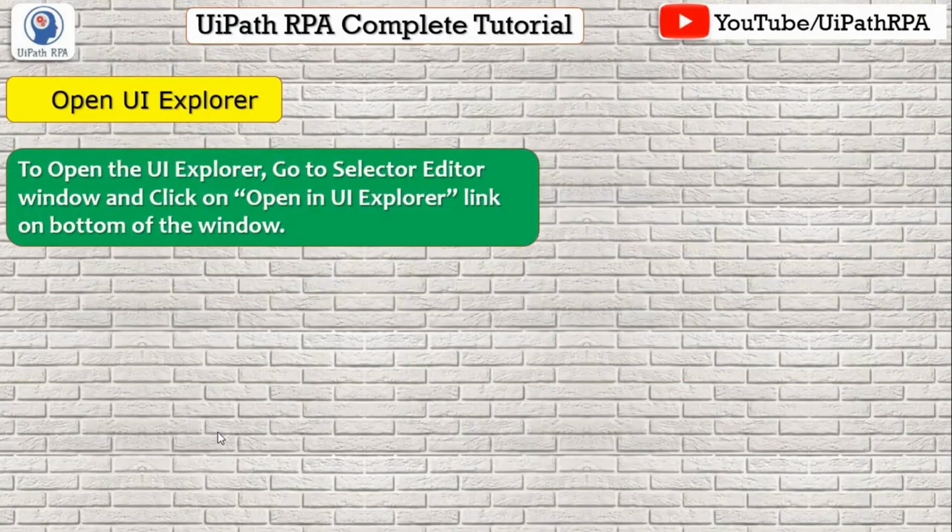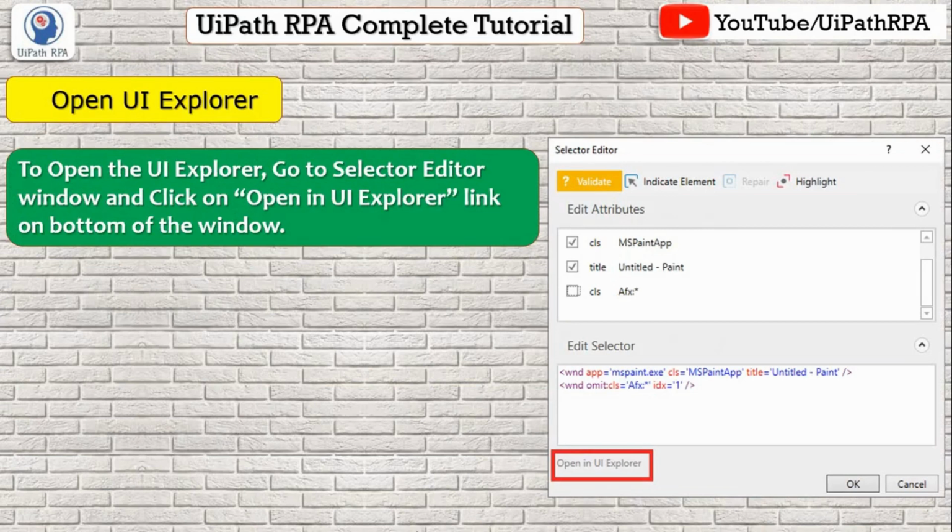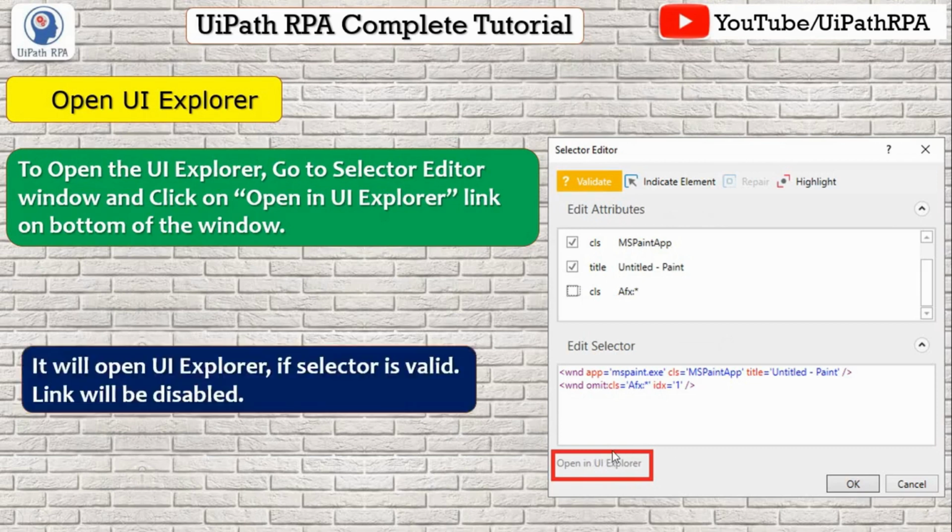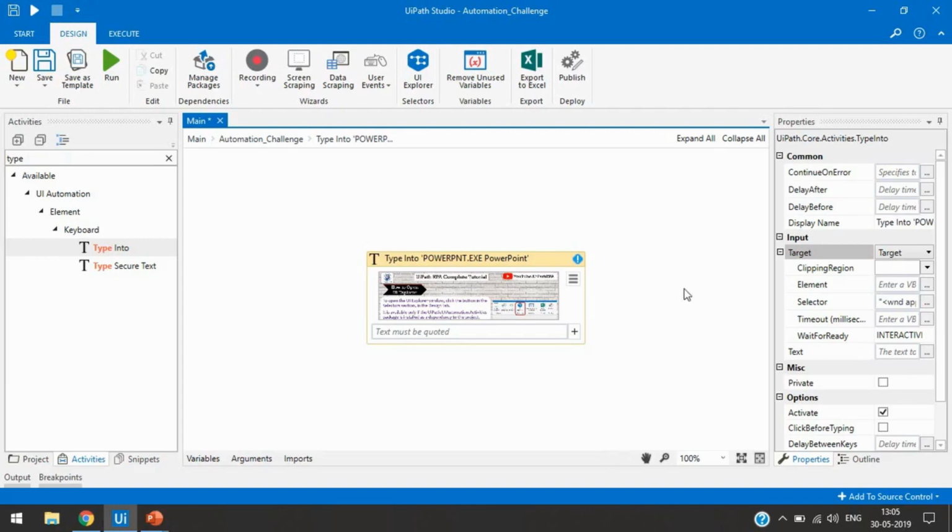Next, to open UI Explorer, go to the selector editor window and click on the Open in UI Explorer link at the bottom of the window. You will get that option in the selector editor at the bottom of the window, right? It will open UI Explorer if the selector is valid, otherwise the link will be disabled. Let me show you that.